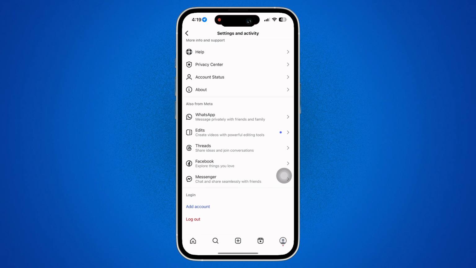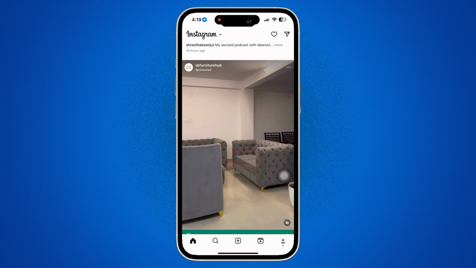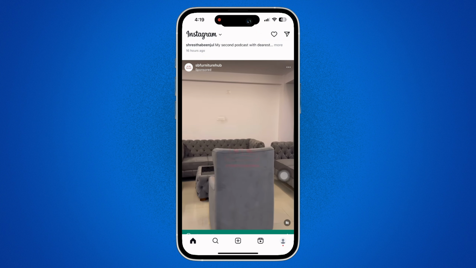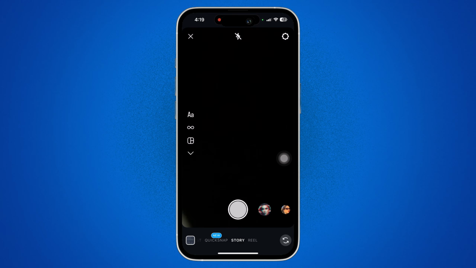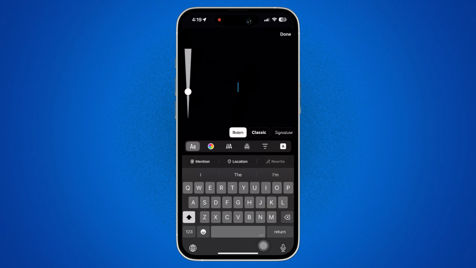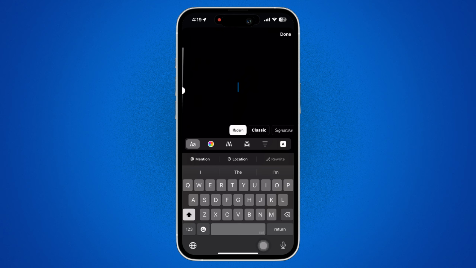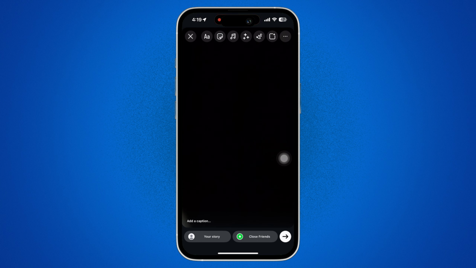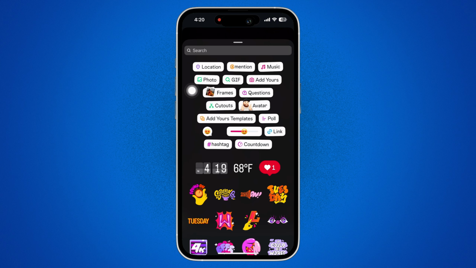See if your issue is fixed or not, and if not, then go to the interface from where you can add a story on Instagram and further take a random snap or simply open a picture in which you want to add stickers. Now tap on the sticker icon on top of your screen and then search for the mention option there. And if the option is still missing, then you can simply go back and tap on the story interface